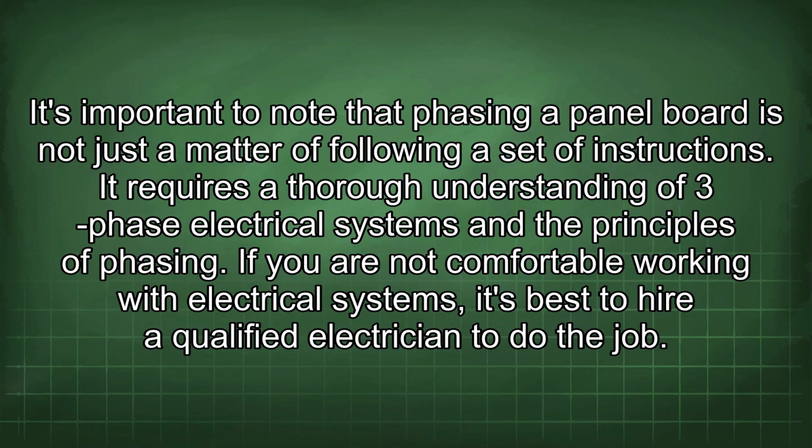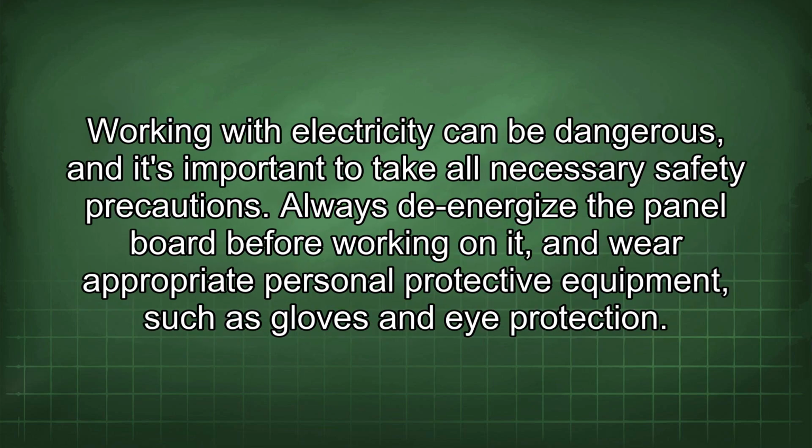It requires a thorough understanding of three-phase electrical systems and the principles of phasing. If you are not comfortable working with electrical systems, it's best to hire a qualified electrician to do the job. Working with electricity can be dangerous, and it's important to take all necessary safety precautions. Always de-energize the panel board before working on it, and wear appropriate personal protective equipment, such as gloves and eye